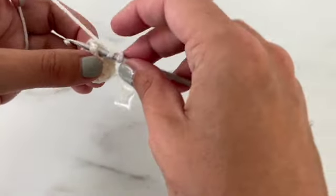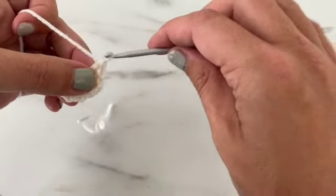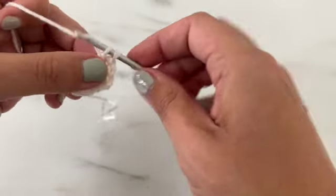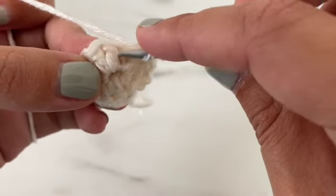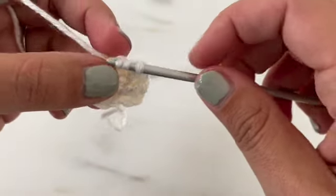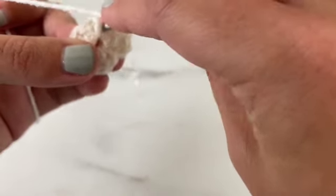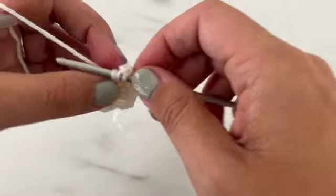Again, I'm working around the post, grabbing that yarn and pulling it through. There's 1 front post double crochet and a second front post double crochet. Get a little closer for you here. So my hook's around that stitch, the post of that stitch. That's 1 double crochet. Now around that same stitch post again,